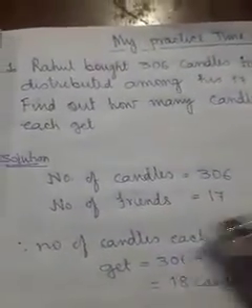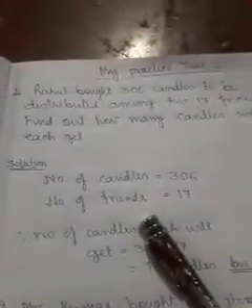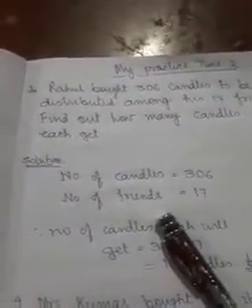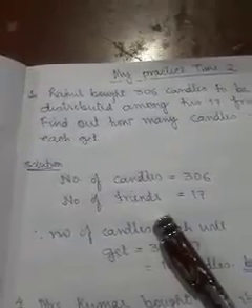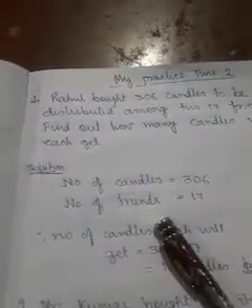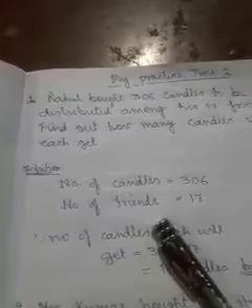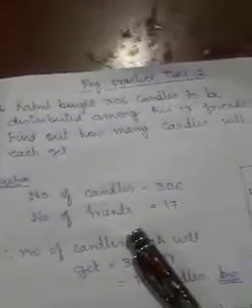So practically think, suppose 8 pens were purchased and it is to be divided among 2 boys. So how many each will get? So simply what you have to do, you have to divide 8 by 2, means each will get 4. So in the similar manner, here also we have to divide in order to get the answer. We'll do division here on the right side.